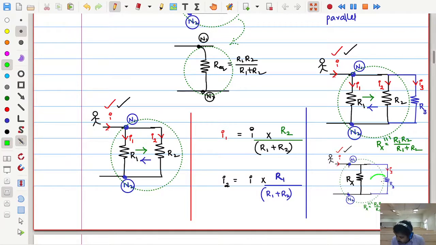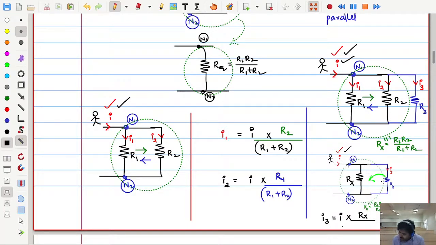So now for R3, the opponent is Rx. So you can now easily write the current I3. I3 is equal to the total current I for all these persons, into the opponent strength. How much is the opponent strength when they are in parallel? Rx, divided by